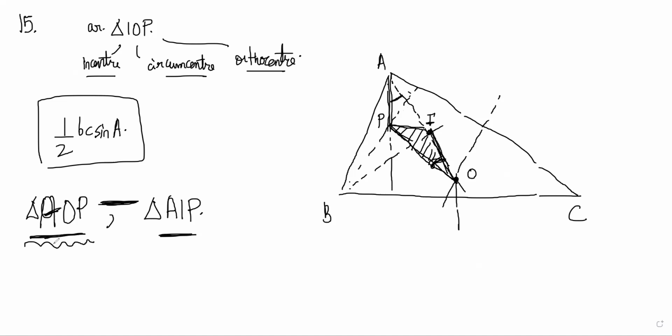Then we can just subtract. The subtraction is easy to do rather than finding it directly. So that is the trick in the 15th and 16th. You have to think on those lines. Can you think of that area as a subtraction of two other triangle areas?